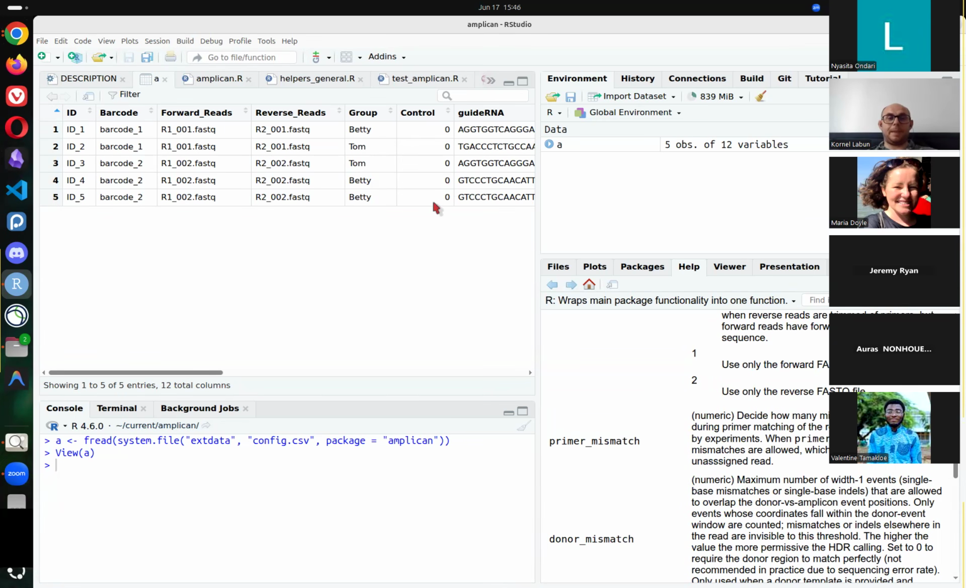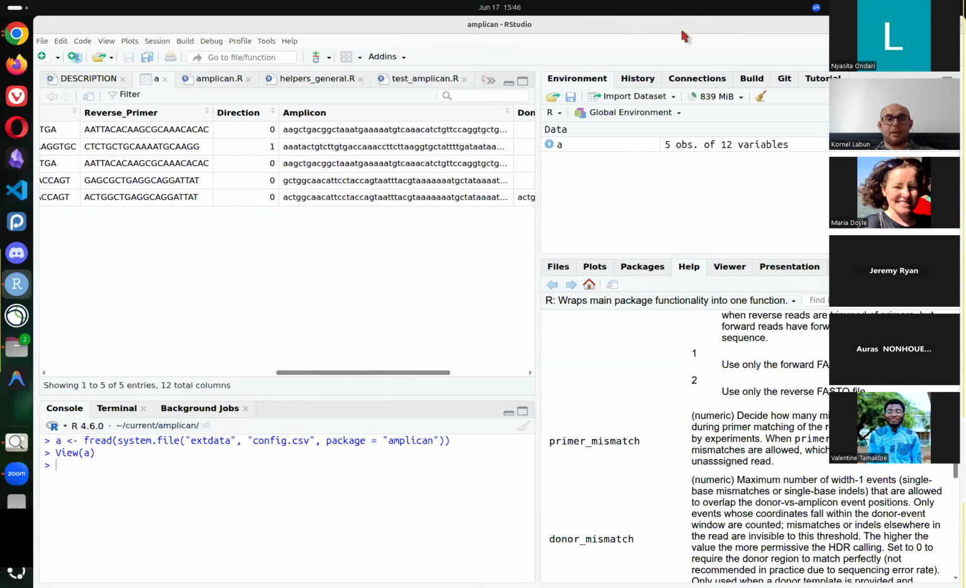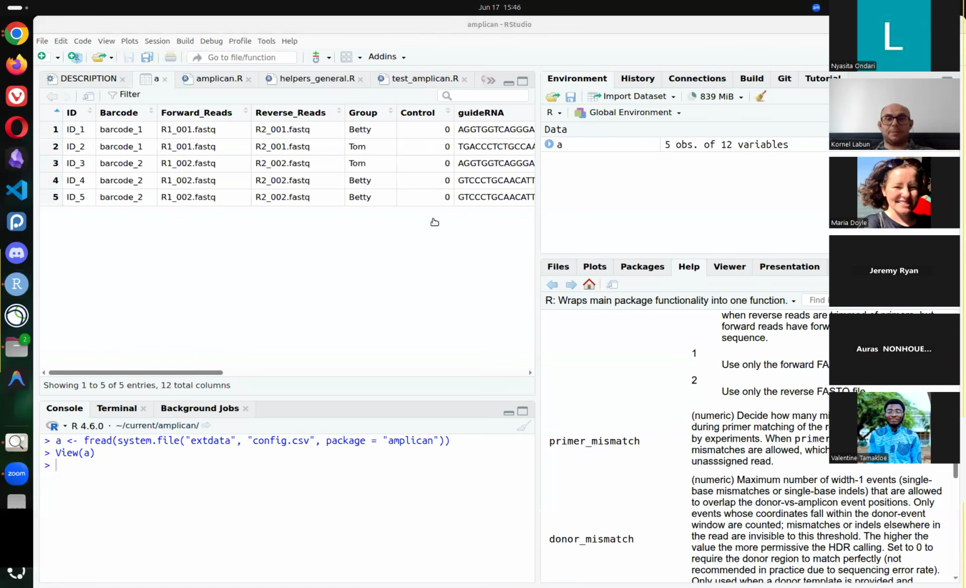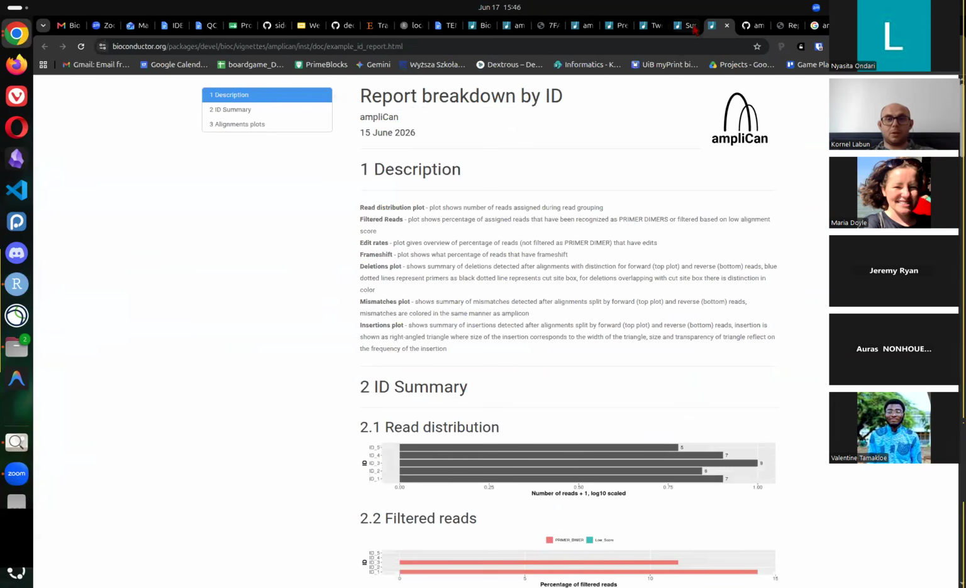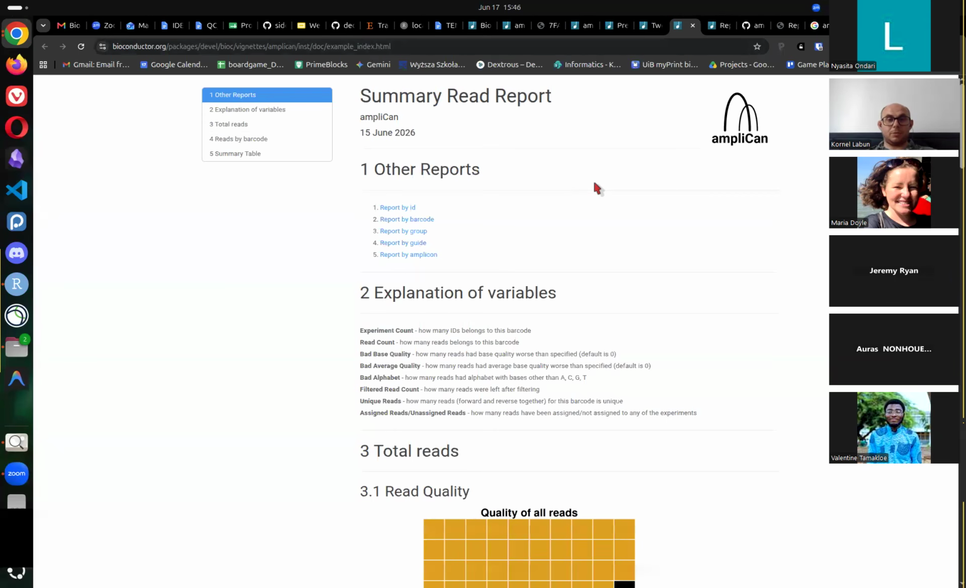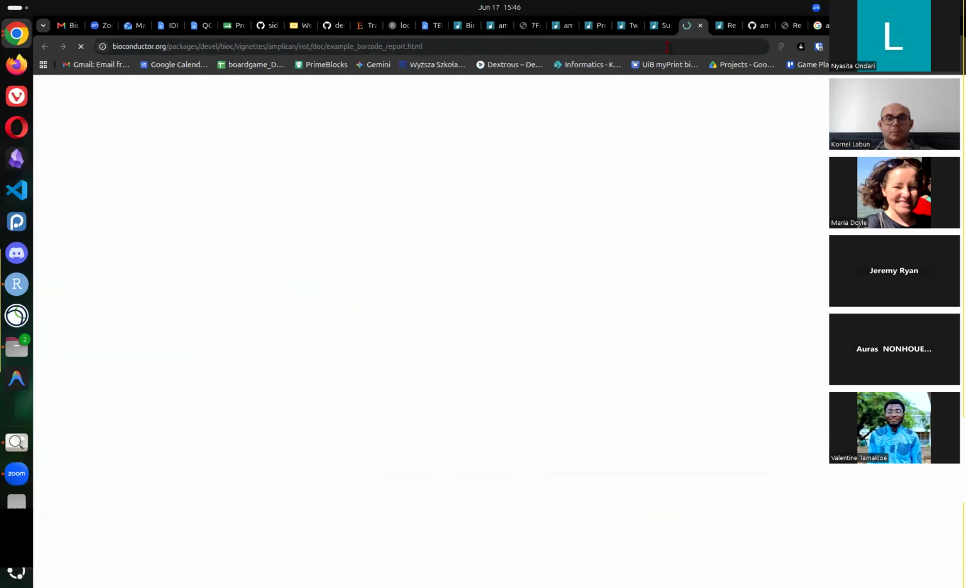step. And the output of the multiplexing step will always be visible in those reports called barcode, the report by barcode. So when you run report by barcode,